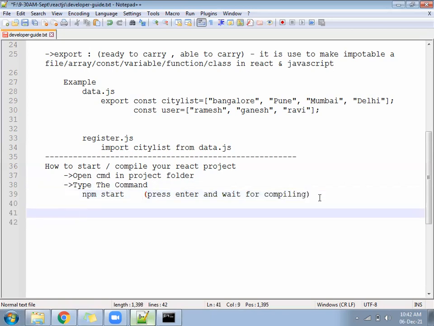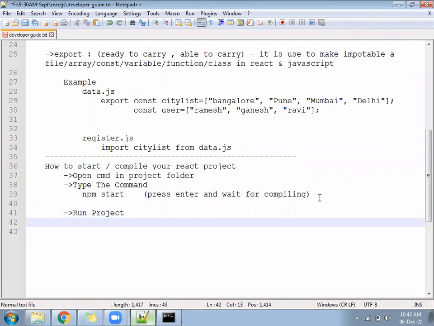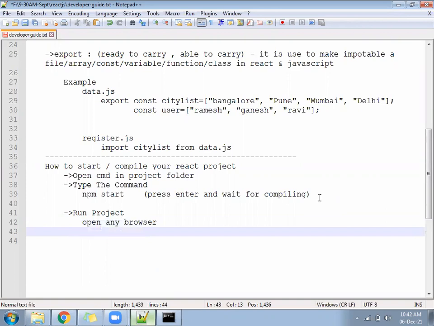Next step, run the project. Open any browser and type the URL http://localhost:3000.